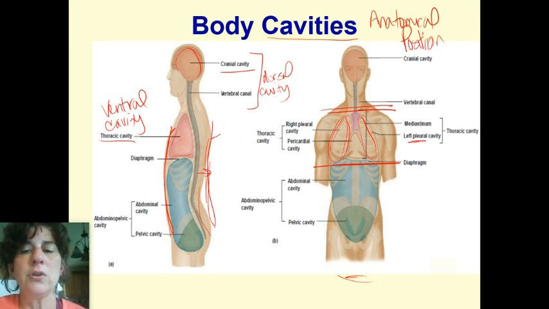He's looking forward at you. His arms are straight down and his palms would be facing you, okay? And then his legs are straight in front of him. So it's looking from the front. And you have to look at him and go, this is his left and his right.